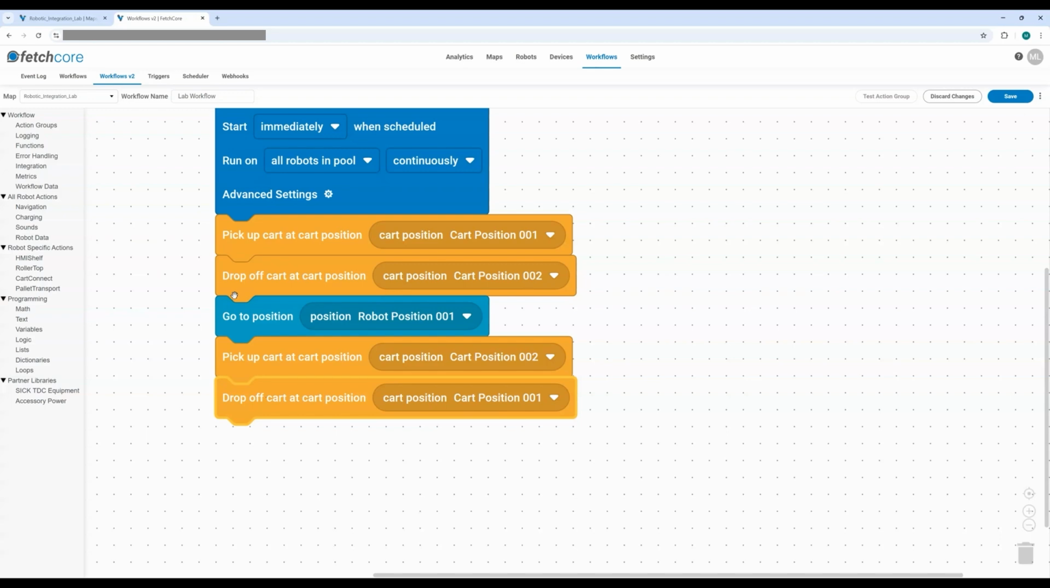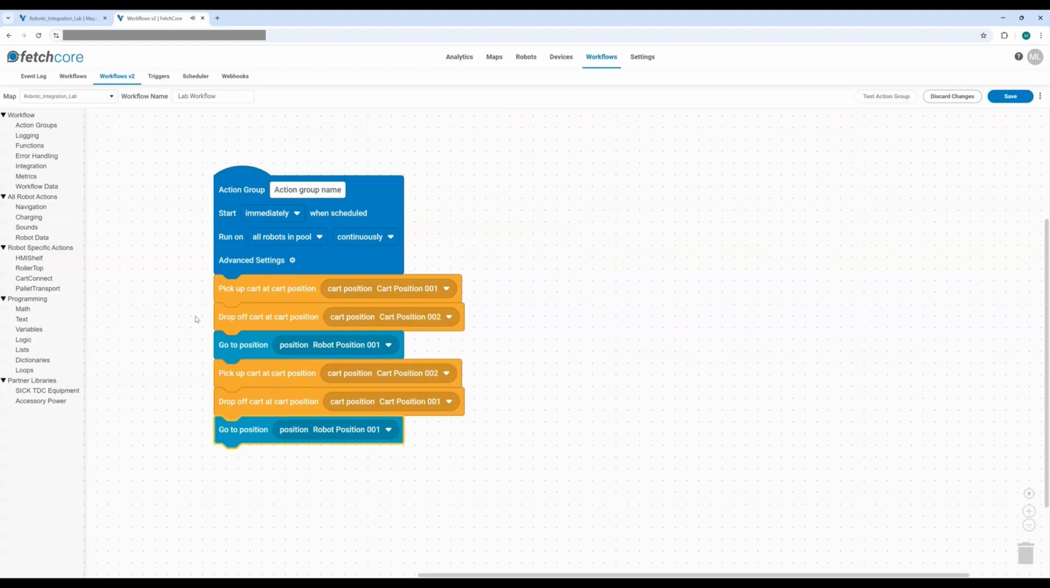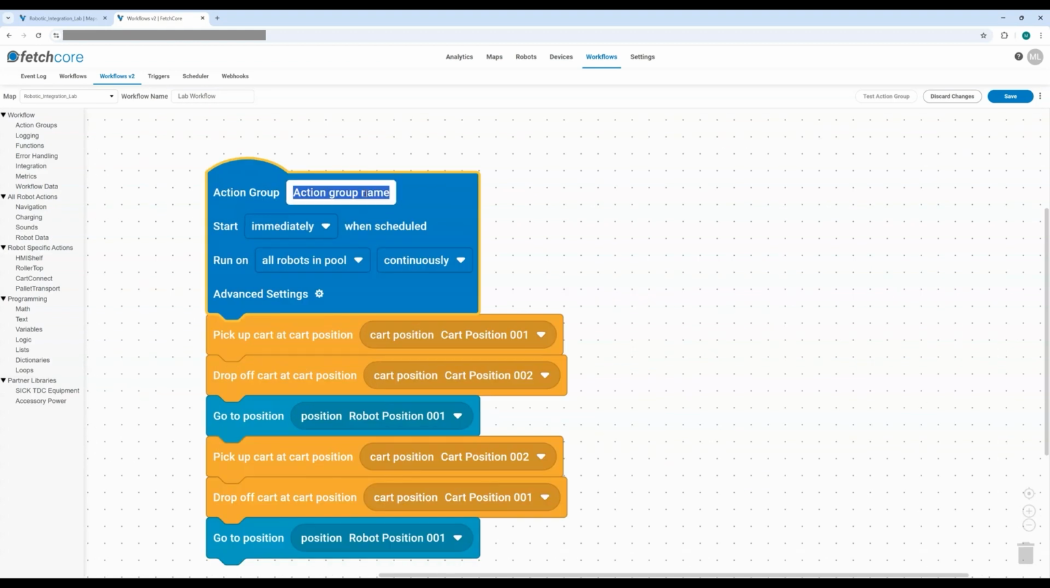And then we'll just have the robot return to position 001. So go to navigation, go to position, go here. Now let's talk about the action group block in particular. So the first thing that we're going to do is actually just name this. We will call it cart